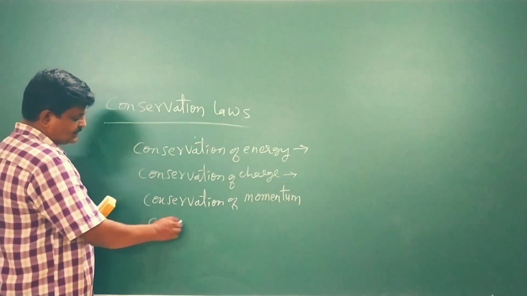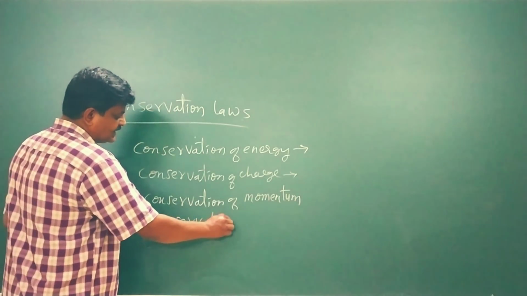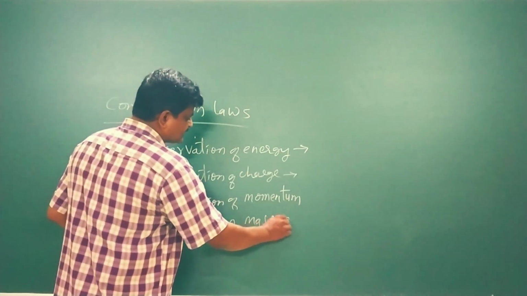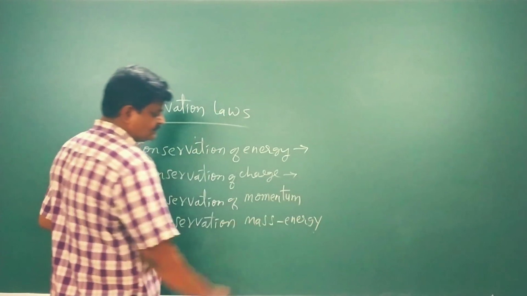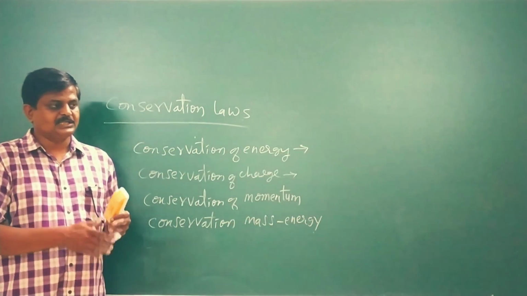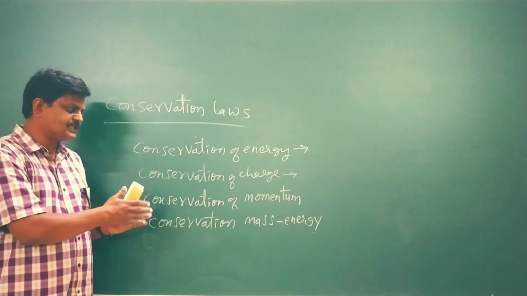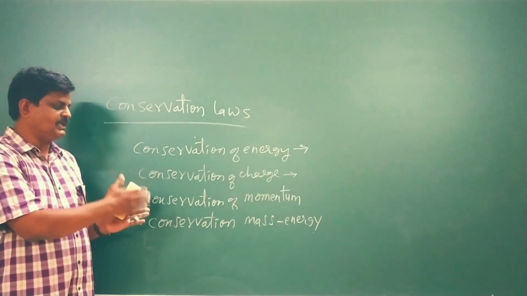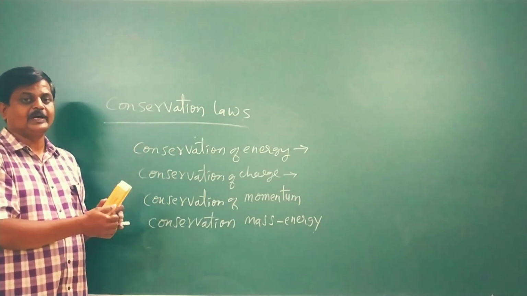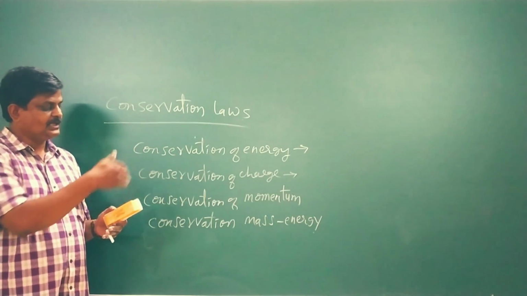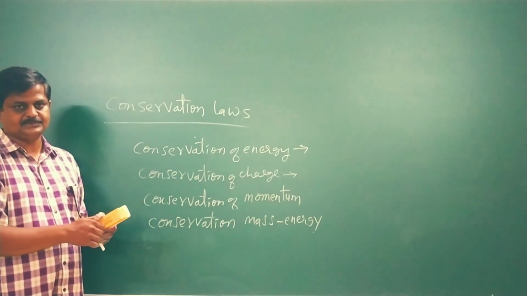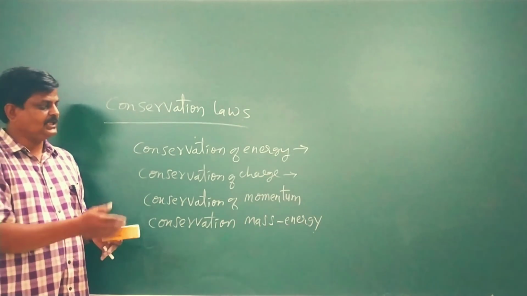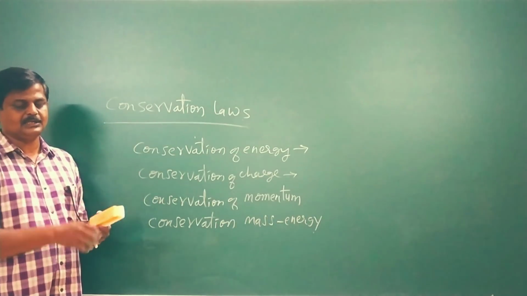And one more is the conservation of mass energy. Actually, we have mass conservation as well as energy conservation. But now the scientists are saying mass energy conservation. What does it mean? Mass energy conservation means here also they are focusing on the transforming aspect. Mass is converted into energy and vice versa is also possible, that is energy transforming into mass. Just now we had already discussed Einstein's equation, that is E is equal to mc square. It is a theoretical equation.